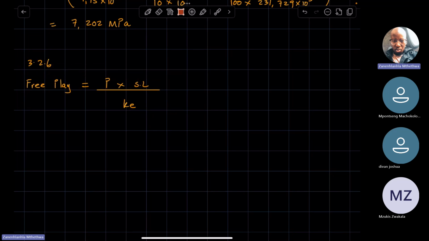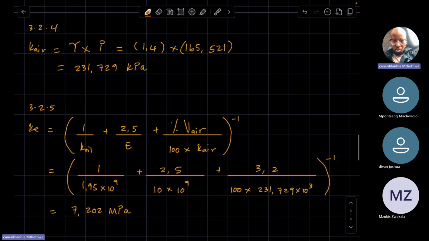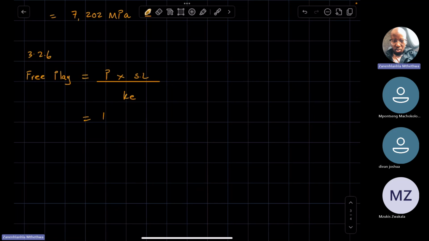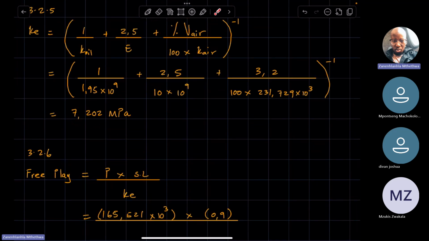And then this is equal to the pressure, which is still 165,521 times 10 to the 3, times the stroke length, which is that 0.9, divided by the effective bulk modulus that we've just calculated,